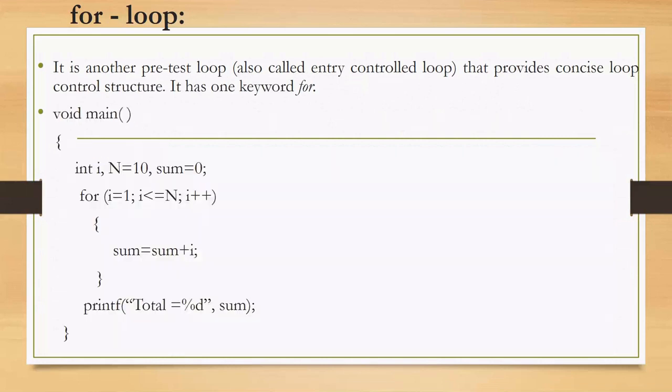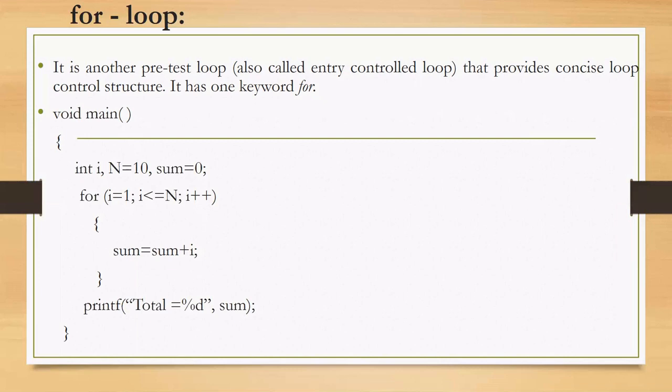Next we'll see the same program, which we saw with while and do while, using the for loop. Rather than while and do while, we go with for. First i is initialized to 1, i = 1, i <= n, and i++. What is the value of i? 1. Is 1 less than or equal to n? What is the value of n? 10. Yes, it is true, because 1 is less than or equal to 10. If it is true, it goes to the statement inside the for, that is sum = sum + i. Sum is 0, plus i value 1, so 0 plus 1 is 1. 1 will be updated in sum.